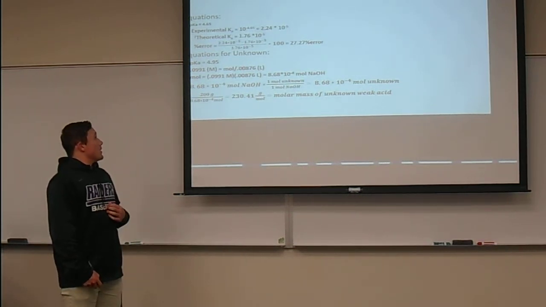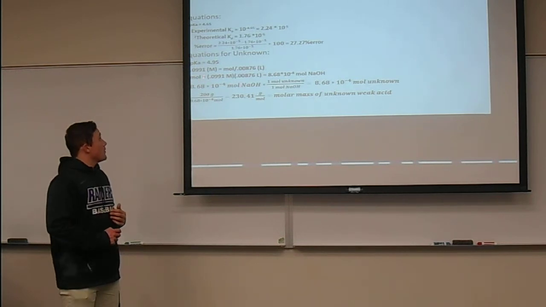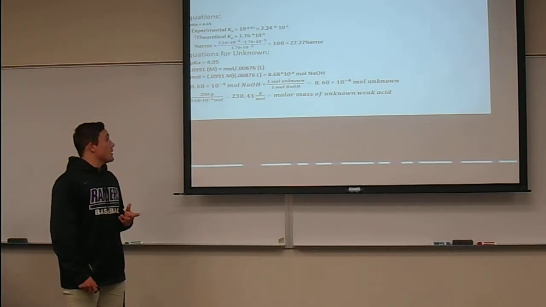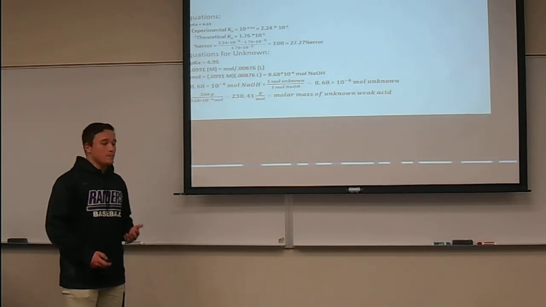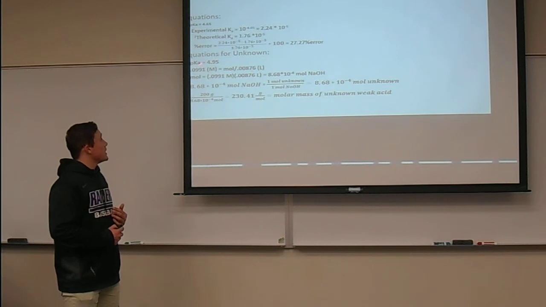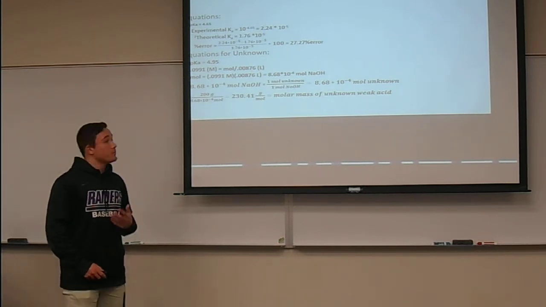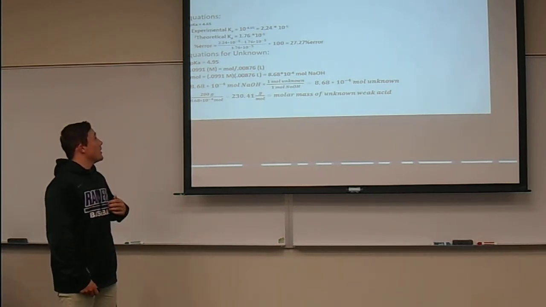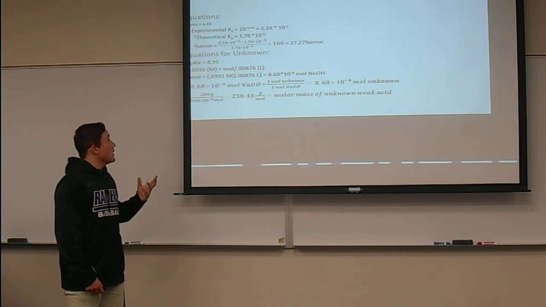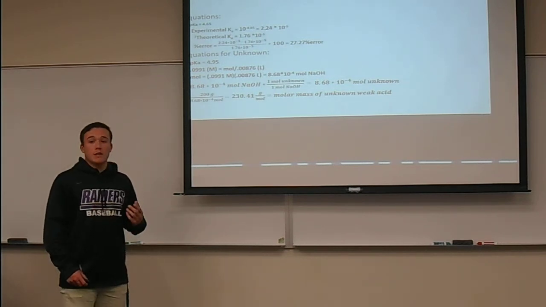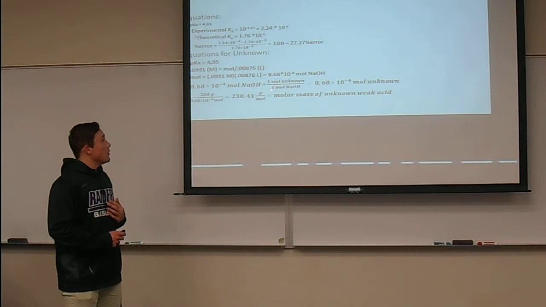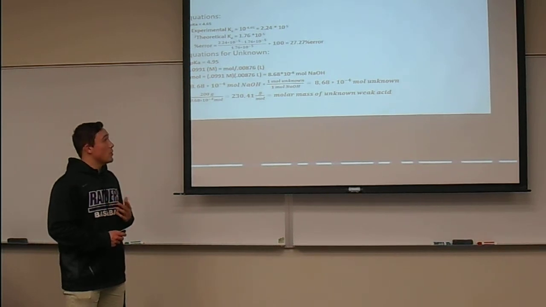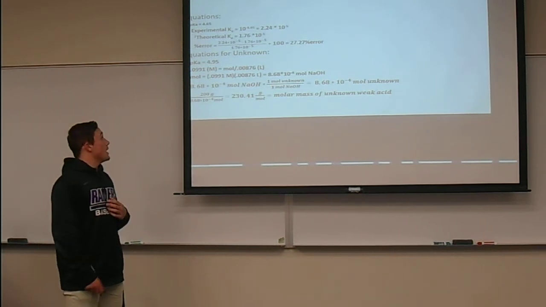And then the equations for our unknown. For our unknown, we had to find the molar mass of this unknown weak acid. First, we took our pKa, which we found from the graph, and then we were able to find the moles of NaOH using basic stoichiometry. Then we took those moles, and since it was a 1-to-1 ratio, we could just multiply it, and then we have our moles of unknown. And then